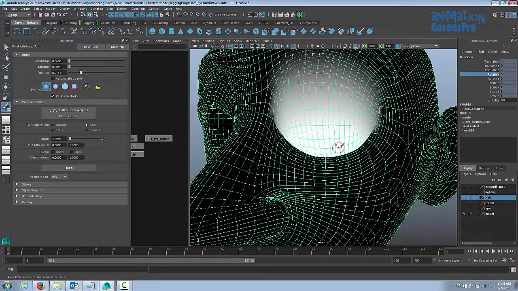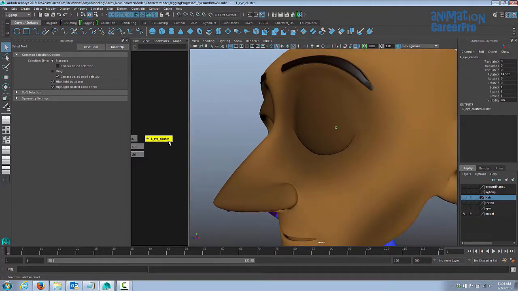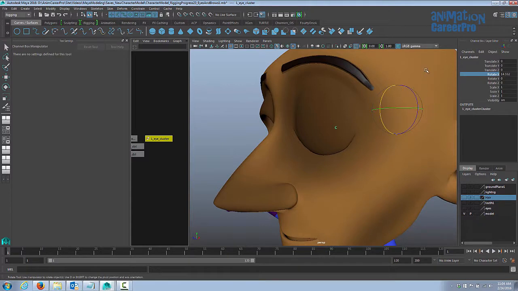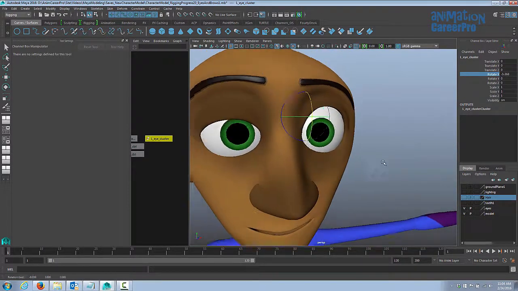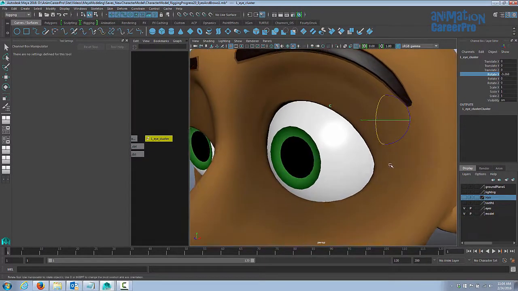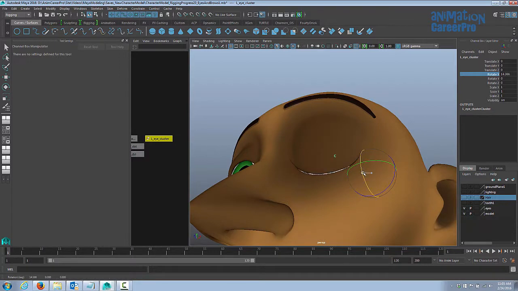Let's take a look. We're just going to hit Q on the keyboard and click out in space here. Let's select our cluster. Go to our Rotate X attribute in the channel box. Let's turn our eyeballs on again. And we'll middle mouse button drag on the Rotate X. So we also want to check what it looks like when the eyes open really wide. It will get to a certain point where the polygons will begin to intersect each other. That's natural. Obviously we won't set the control to go that high. So that's working out really well. You just want to make sure that you can get the eye closed completely without any gaps.